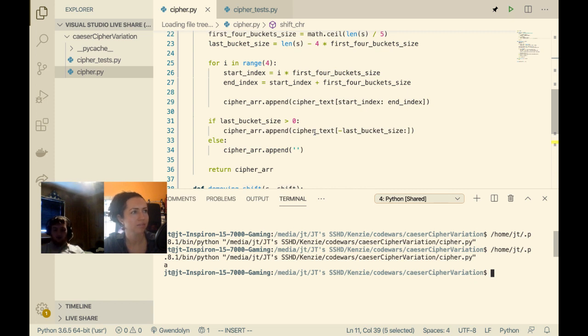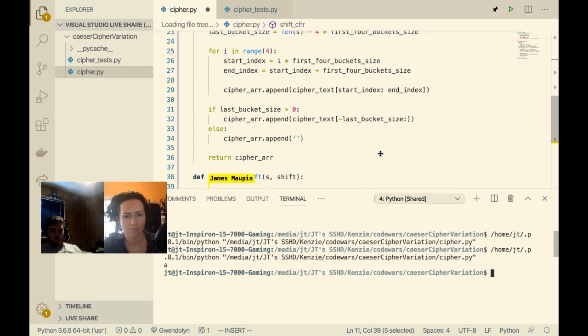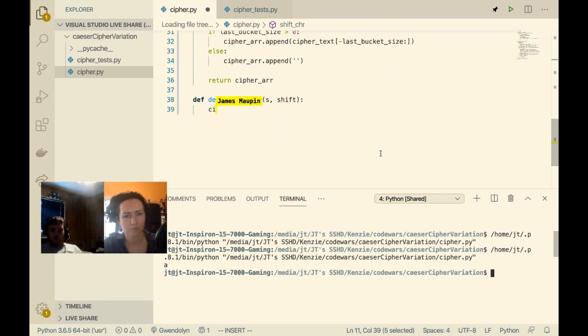We could probably... So if we do something like ciphertext equals, right, because we're always going to be passed an array of strings, that should just give us our text.